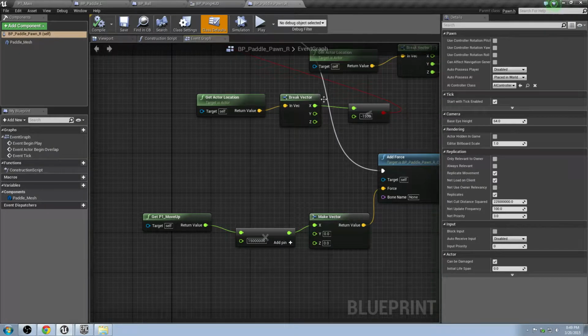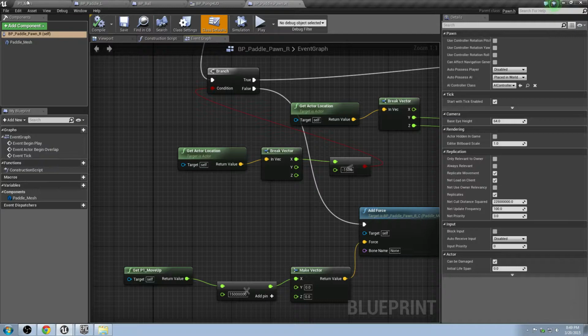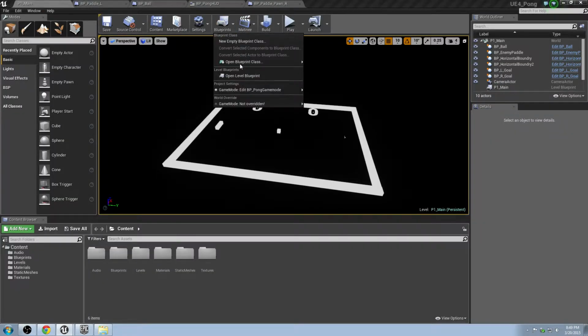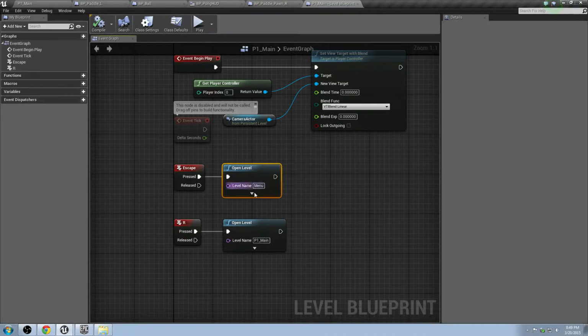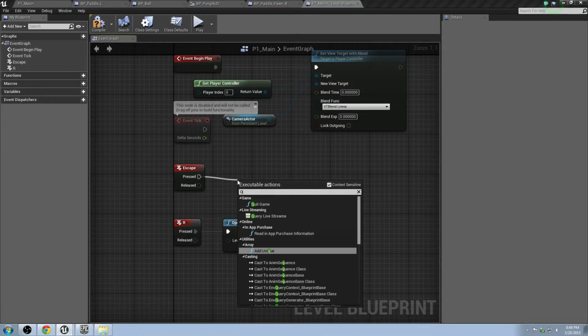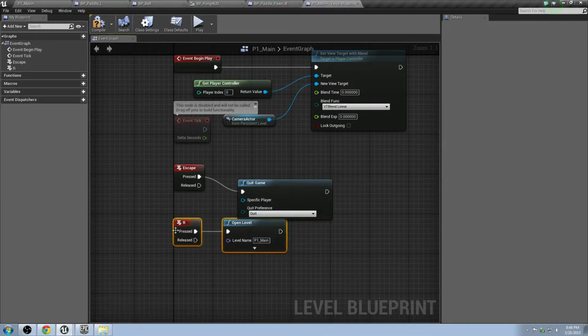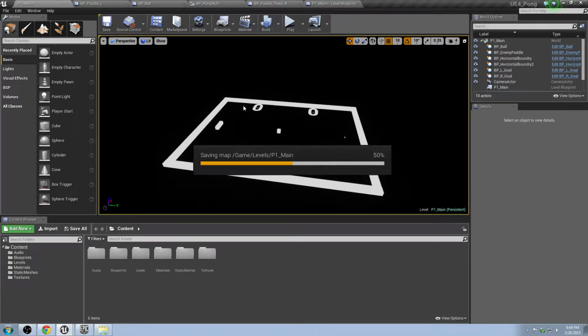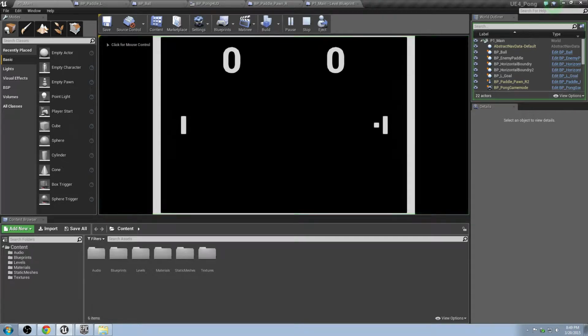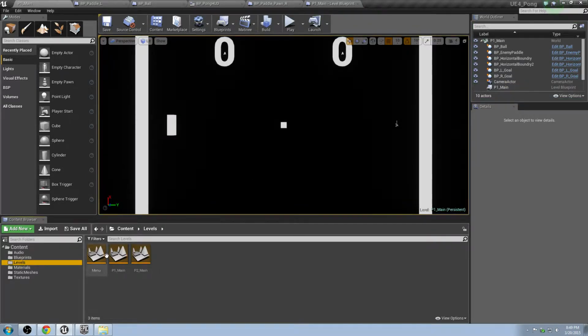Okay, we're back. So what we were working on is we were just going to set up that inside the main menu level blueprint. We have it set up so that instead of opening a level, it's just going to quit the game. And we got rid of our restart function because we didn't need that inside the level. Go back to the main level, hit compile and save. And now if we go to the menu,